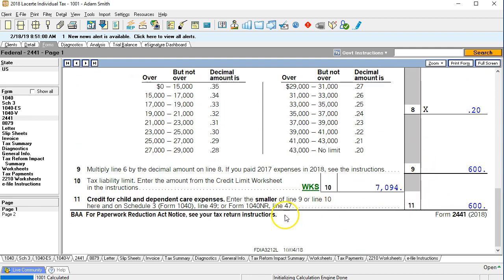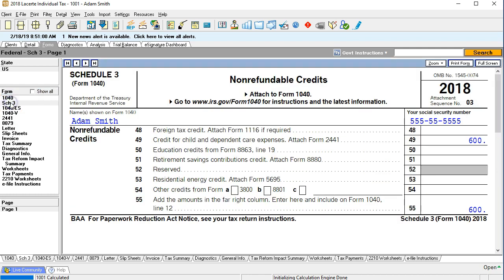That credit, as you can see here, is going to go to Schedule 3, line 49. So if we go to Schedule 3 then, and we go to line 49, there's the credit. So note that now under the 2018 rules, we'll have this Schedule 3. The Schedule 3 is going to be necessary so that we can record this credit. There's the credit, line 55, and then we can see that this is going to go to the Form 1040,